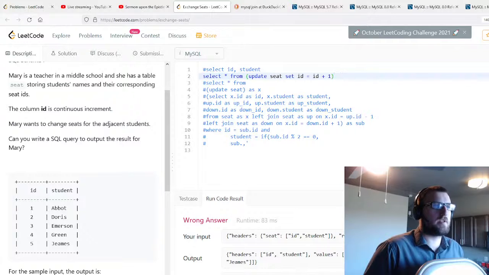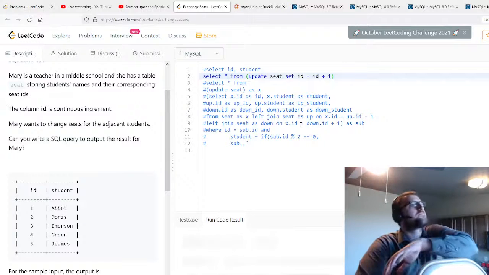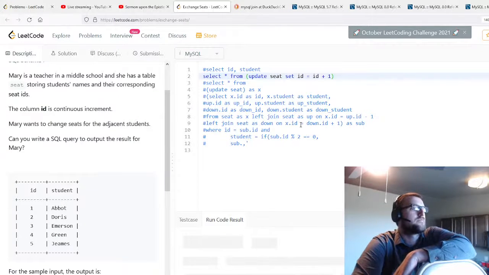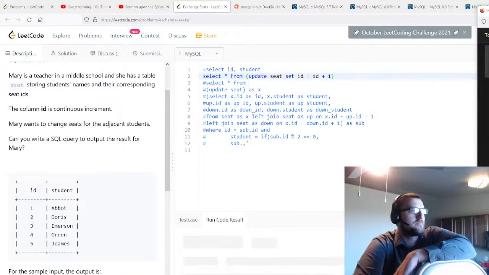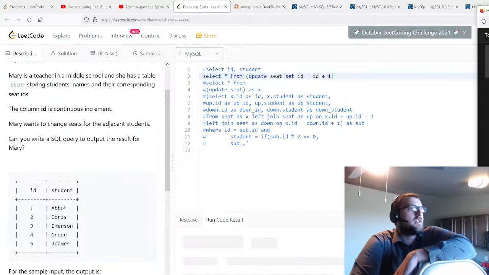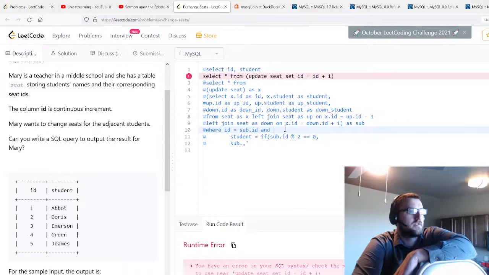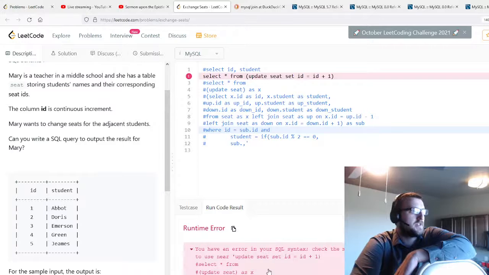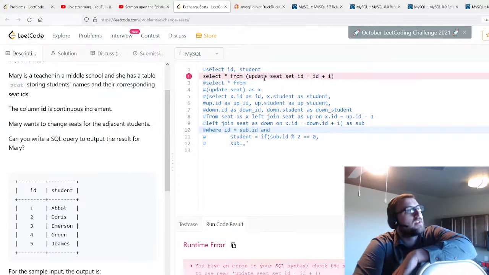Something like this. Alright, it's about 40 minutes in here. So, yeah, it gives me an issue with my syntax. Yeah, update seat from